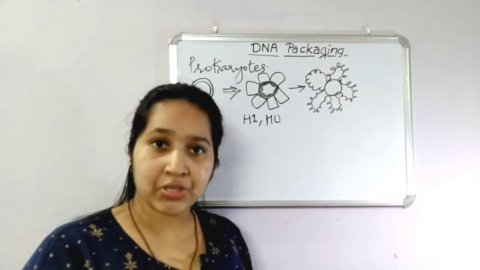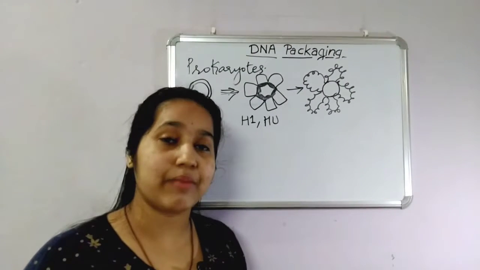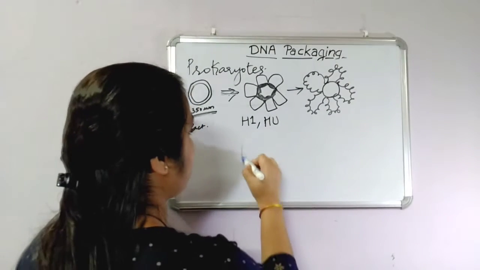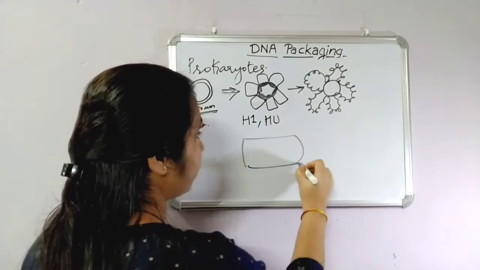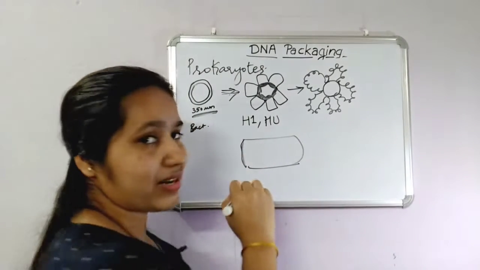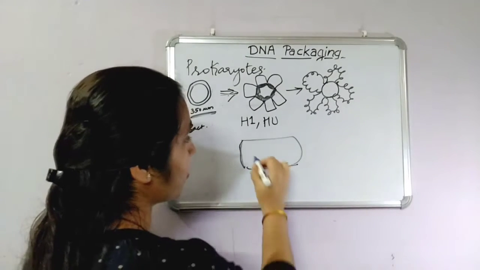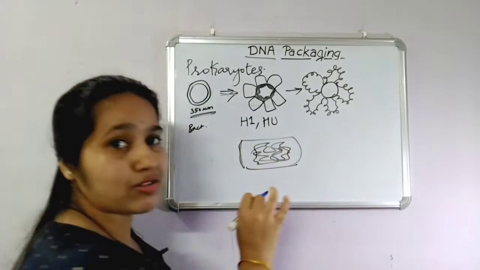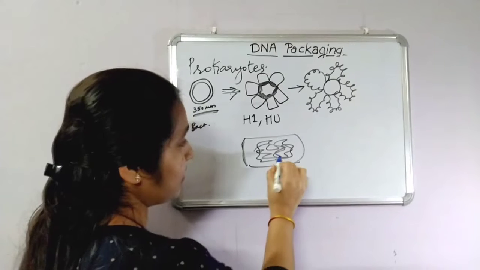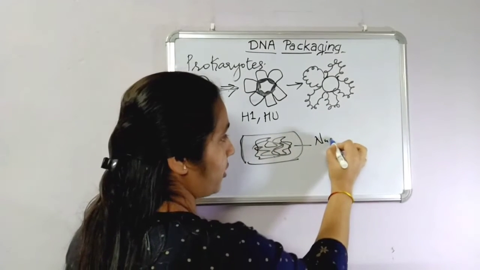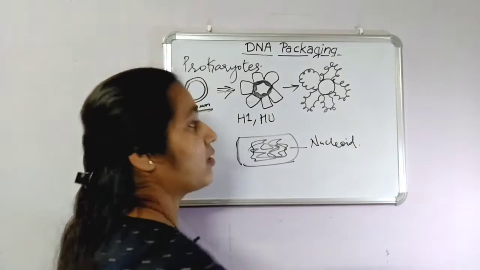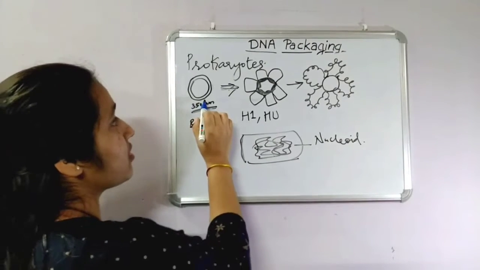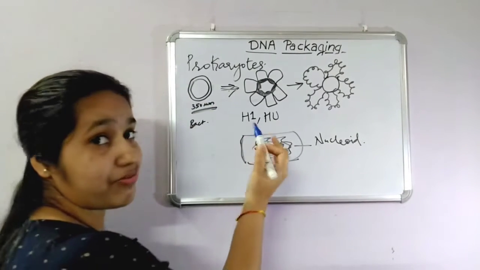So, the DNA compaction in prokaryotes. Prokaryotes, for example bacteria or viruses, do not have any nucleus as such. The membrane-bound nucleus is absent, and therefore the DNA is just randomly dispersed in the form of loops in the cytoplasm itself. This region may be called the nucleoid in the case of prokaryotes. Now in prokaryotes, the condensed state of this DNA is achieved by binding with different proteins.